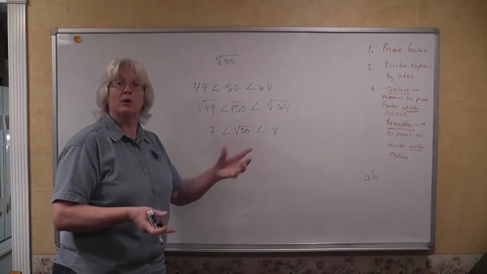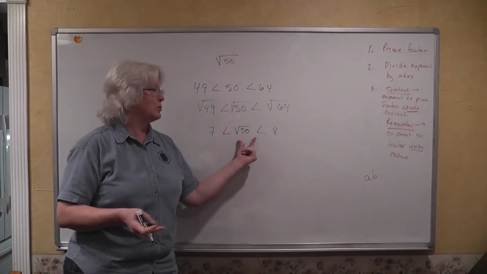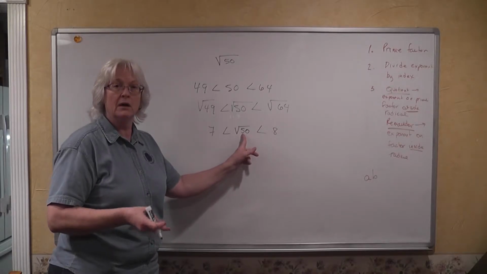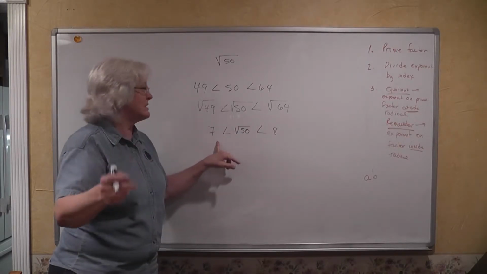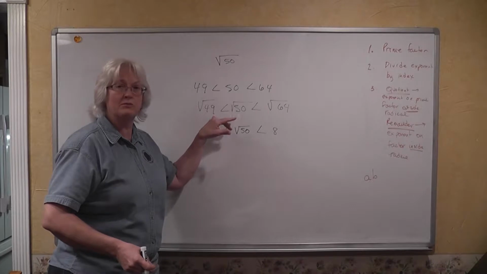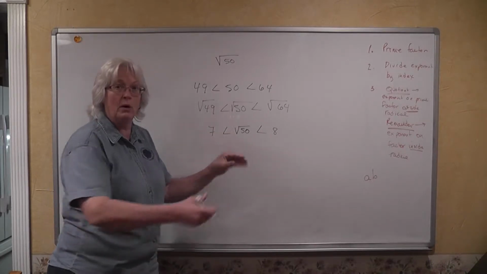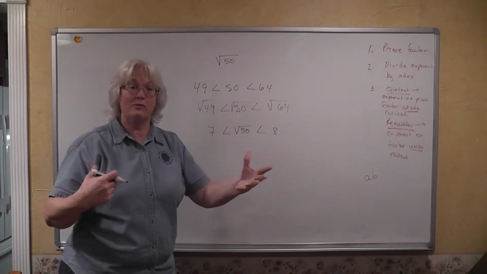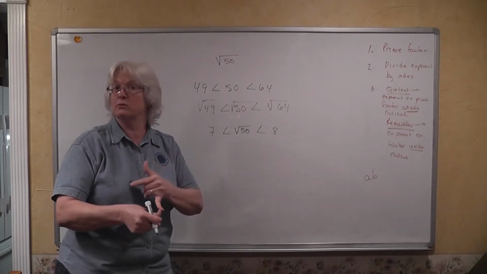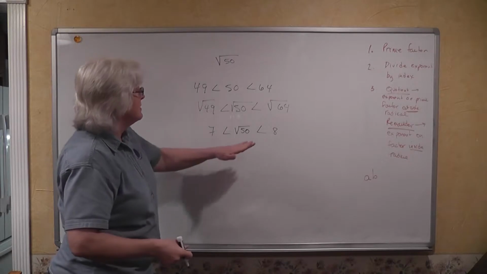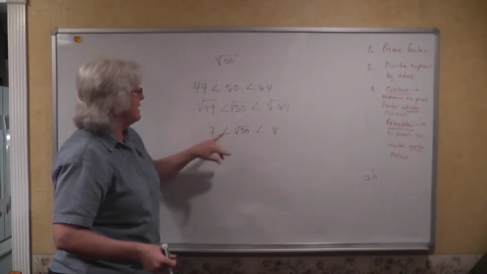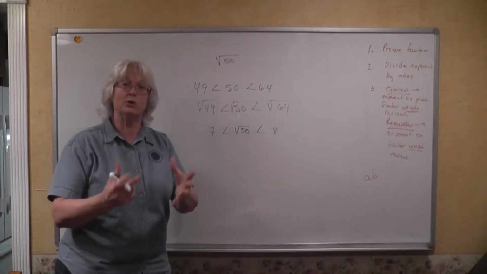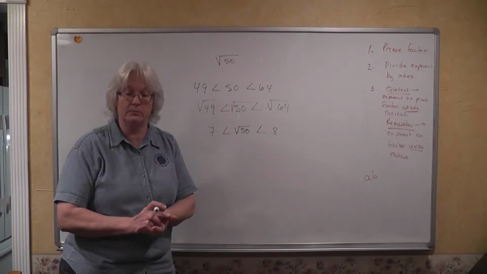And we learned that we could also put this number into our calculator, and we would see that the square root of 50 is going to be 7 point something. And because 50 is very close to 49, it might be 7.1, and then a bunch of digits that are going to carry on forever because they're irrational numbers. They don't terminate and they don't repeat. So you could say that the square root of 50 is between 7 and 8. You could use your calculator and come up with some decimal